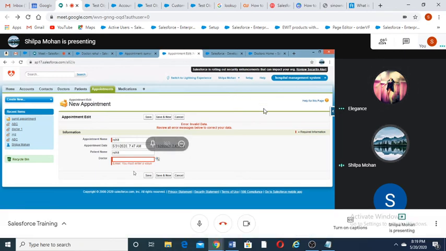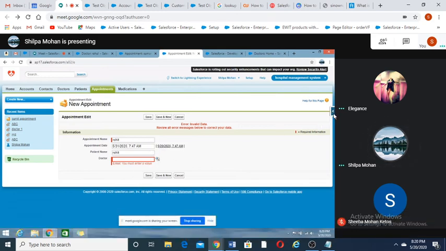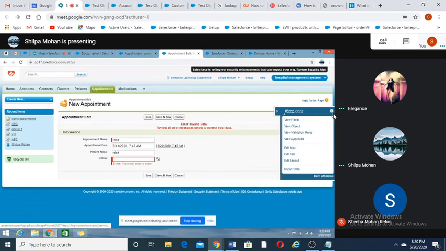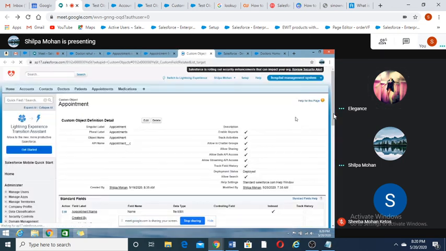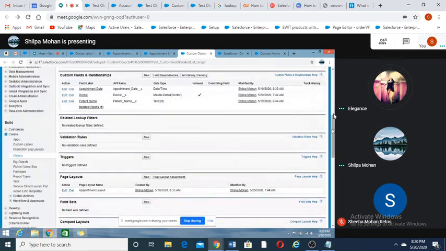Okay. So click on this quick access menu. View fields. Scroll down.